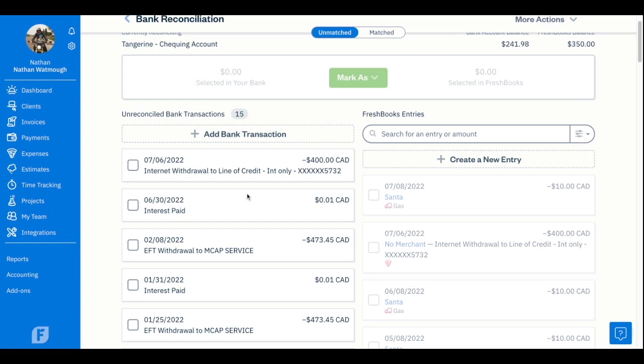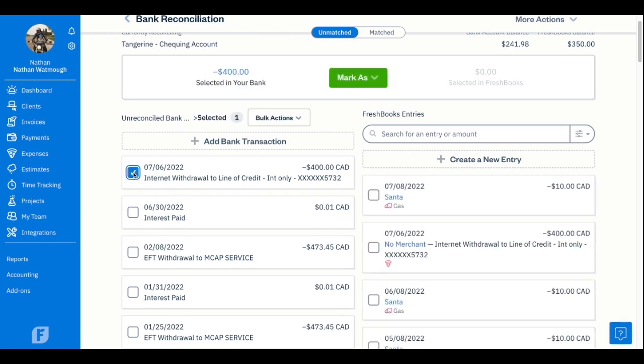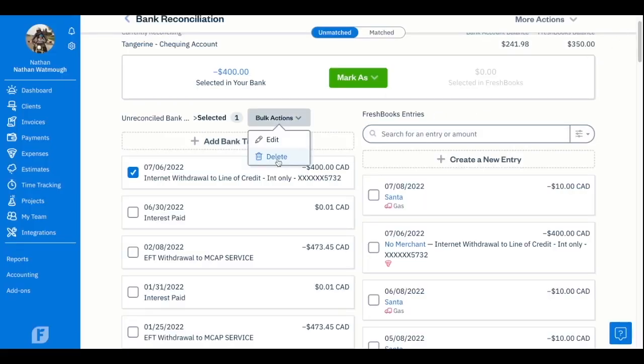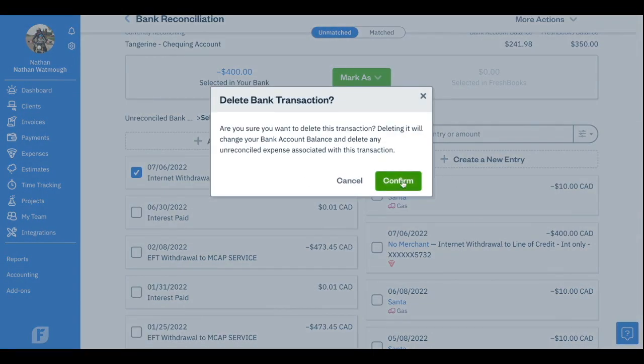We can also edit or delete transactions. If you have duplicate transactions or just need to edit a transaction that has the improper amount or description, you can just select it here and then go to Bulk Actions on the top and click Edit. That will open up a similar screen to the Add Transactions button, but where we can edit this existing transaction. We can also delete this transaction. So if I click Delete and Confirm,